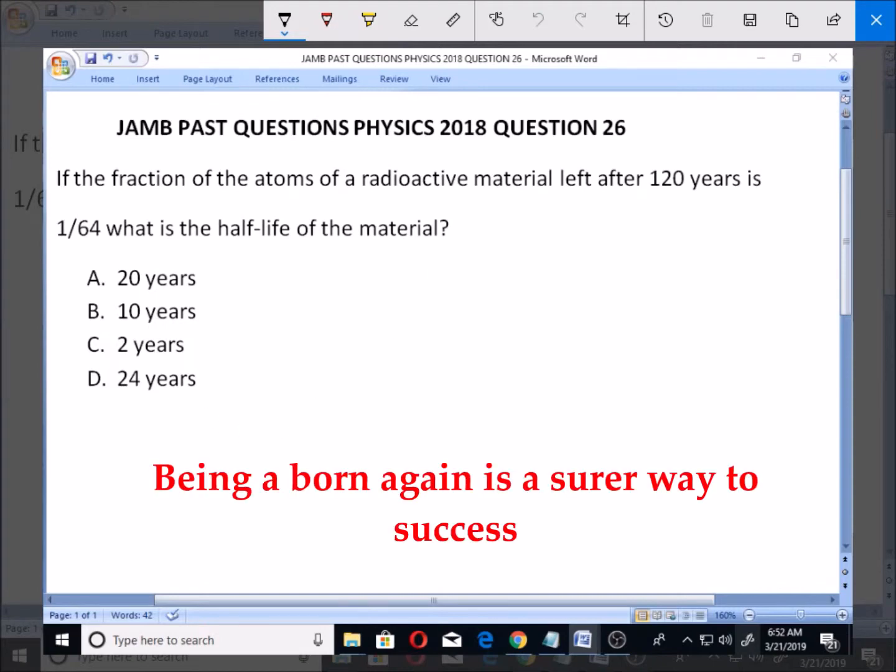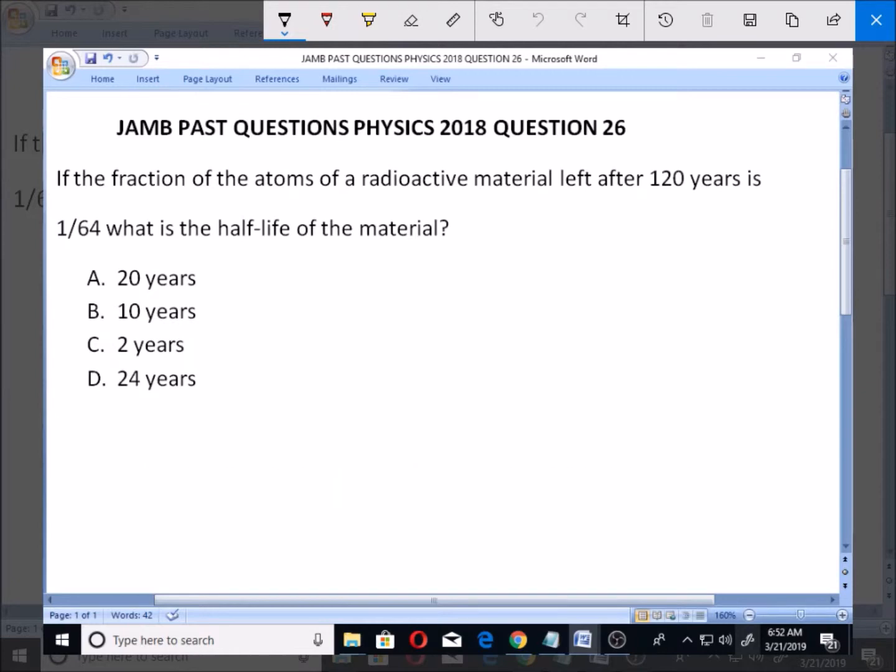Now, for us to be able to appreciate this question effectively, we need to first of all know what half-life is. And what is half-life? Half-life is the time required for a quantity to reduce to half of its initial value whenever there is radioactivity or in nuclear physics. So half-life, represented as T half,